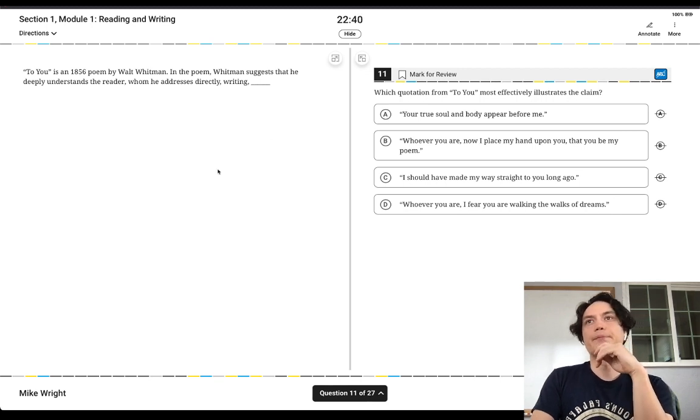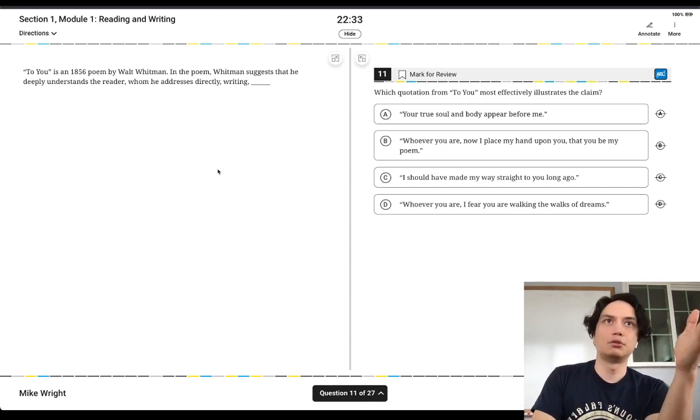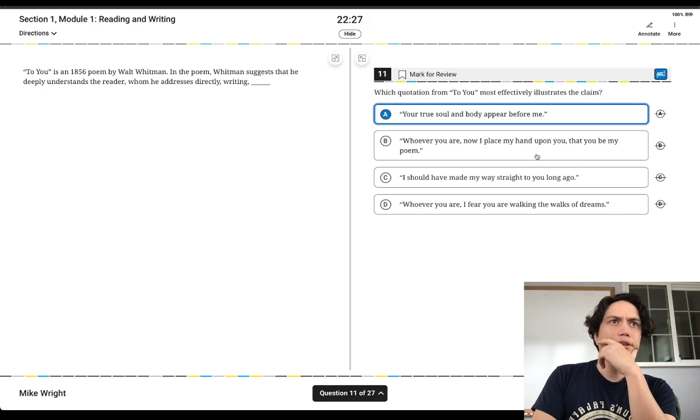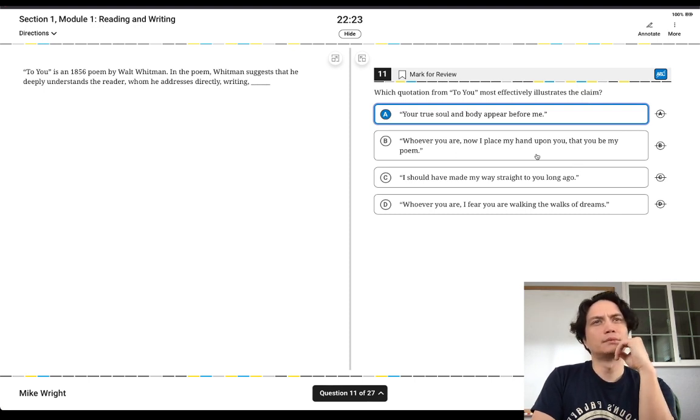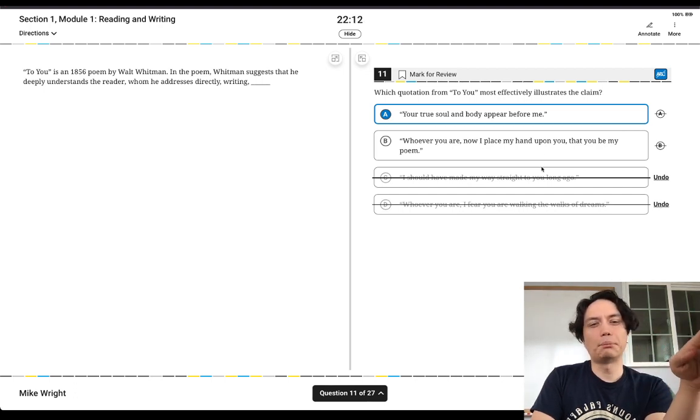Illustrating the claim. Whitman suggests that he deeply understands the reader whom he addresses directly, writing. So we need, well, that's pretty good. I understand you is what we're trying to go for here. This is like, I wish I knew you better. Whoever you are, I fear you're walking in the walks of dream. Yeah, no. So this is, whoever you are, now I place my hand upon you, but your true body and